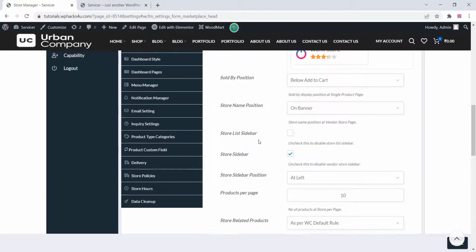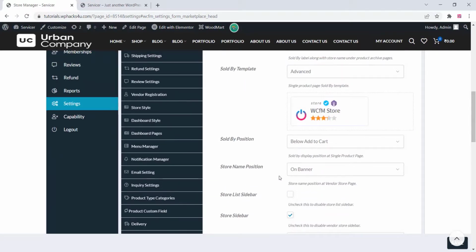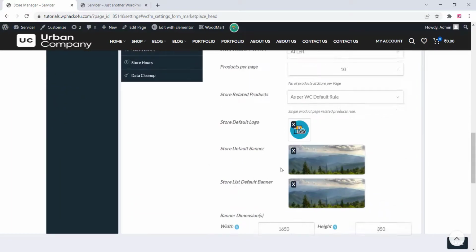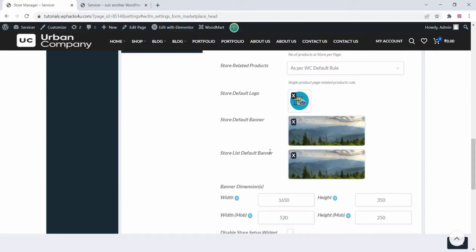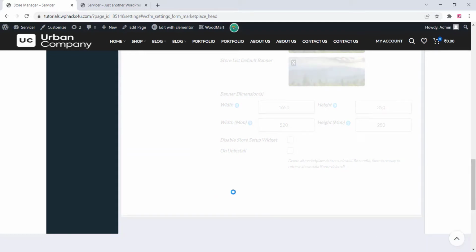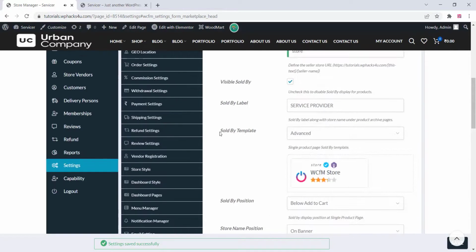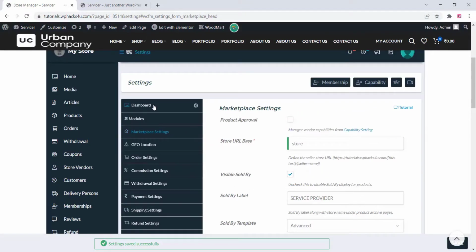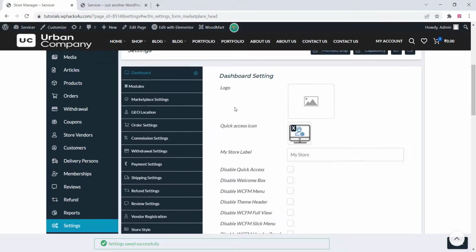You can enable all the options. You can change the store positions and logo and everything, like the default banner. Once you make any changes, you can click on save, then only will the changes take place on your website. And now just click on dashboard,